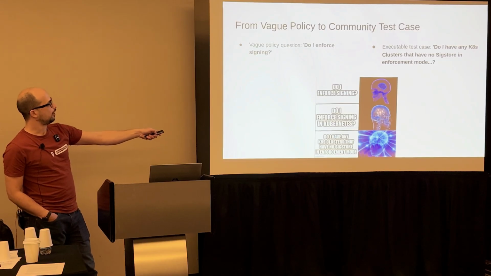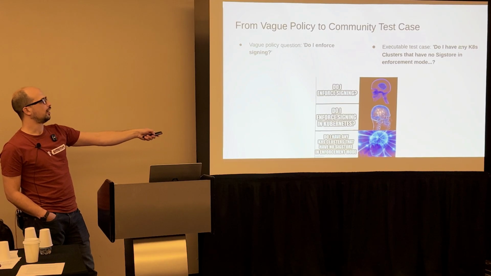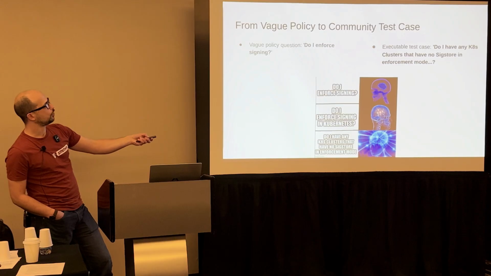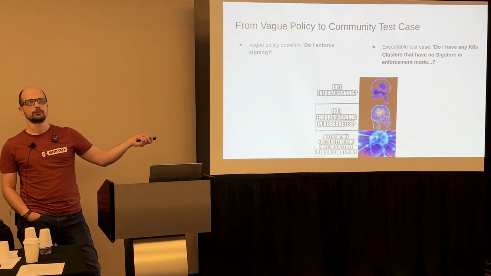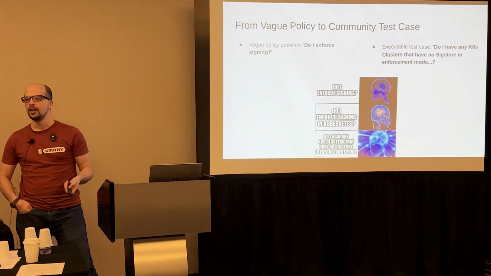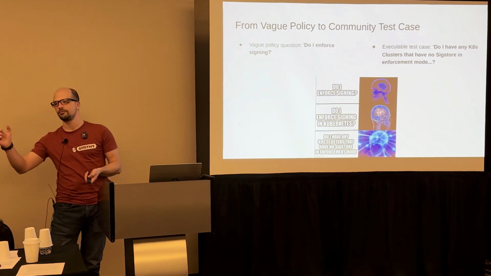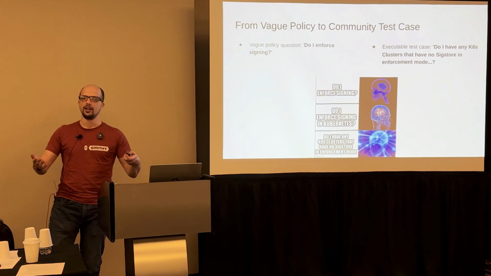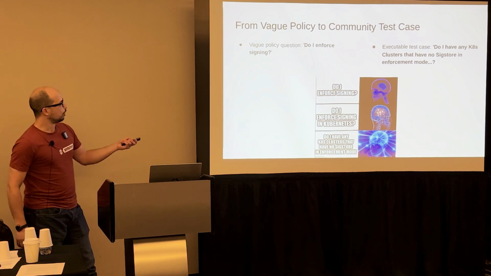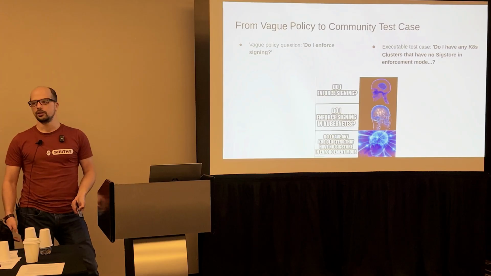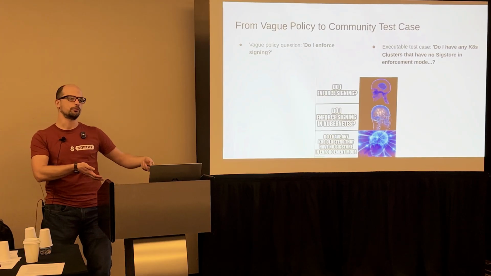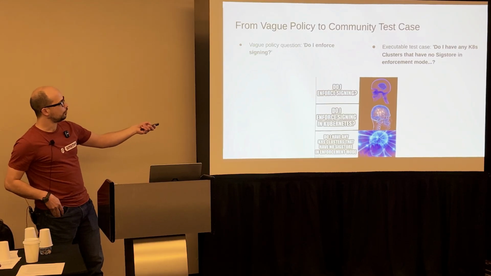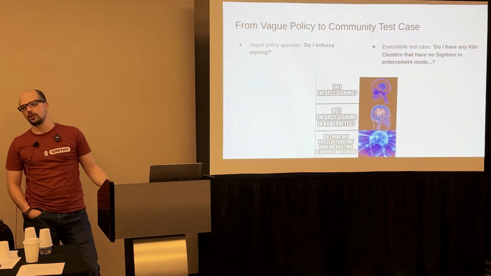So instead, you just say, hey, can I have a small script that connects to my, let's say, Kubernetes clusters and finds clusters that have no SIG-store? Do we know what SIG-store is? Well, from the name, I guess. A couple of people. It's a deployment that sits on Kubernetes and makes sure that all the images have a signature and are signed. So we have no SIG-store in enforcement mode. Essentially, we allow things to run on production or in some cluster that are not signed. Easy? Cool. If I can do this for one cluster, I can probably do this for all clusters.